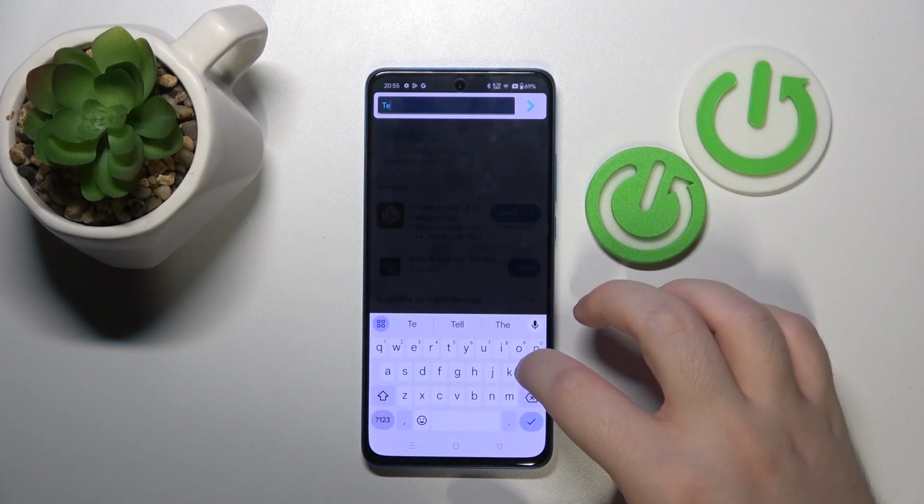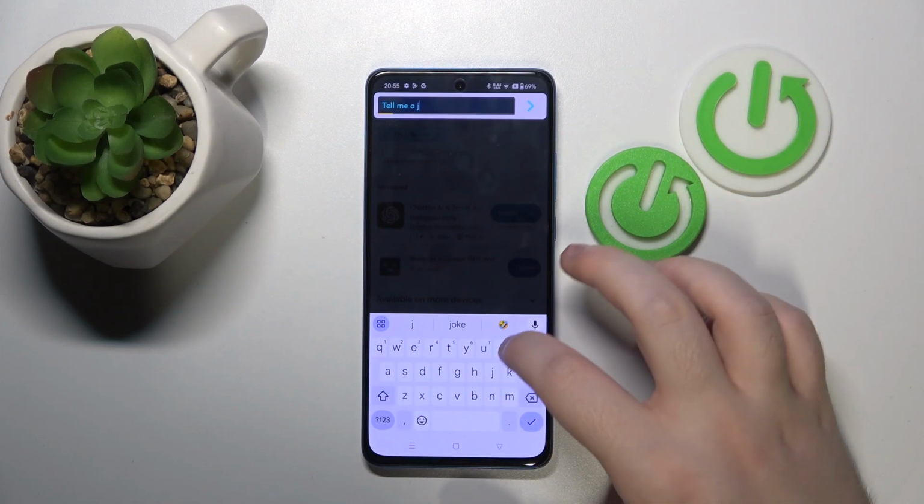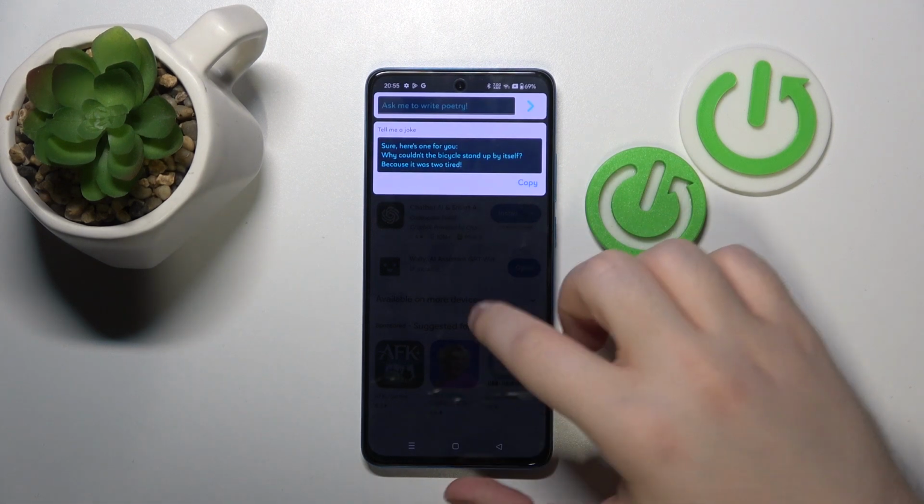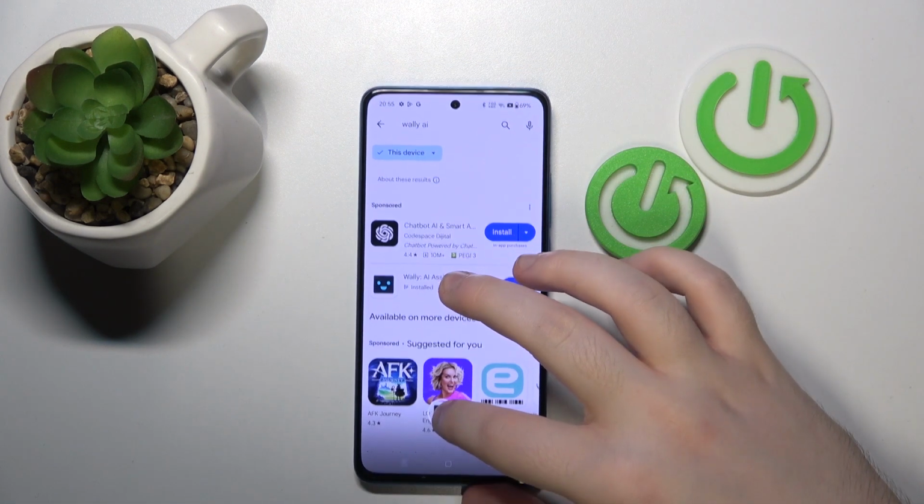and you can tell him to do something. And as you can see, he responded. And if you want to remove him from your screen, just drag him into the X